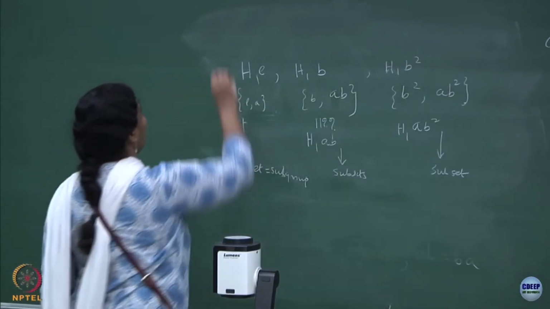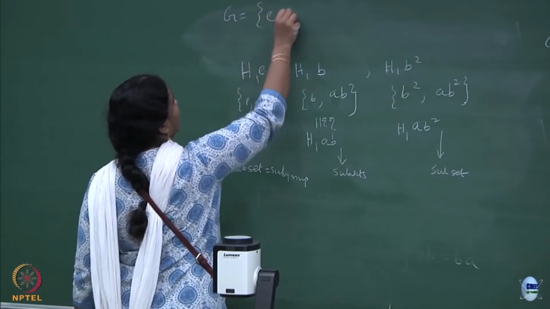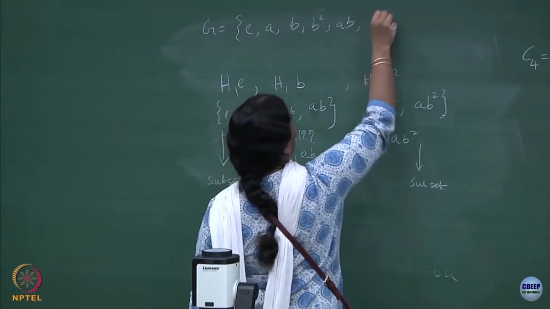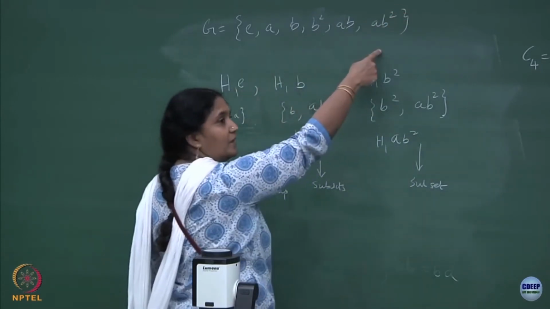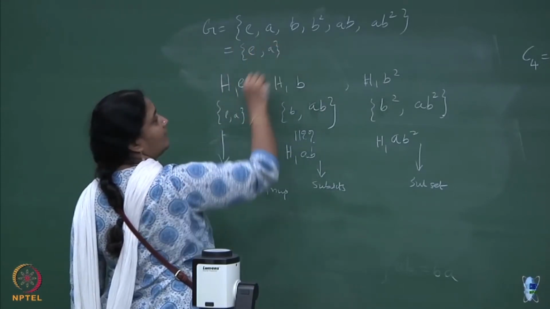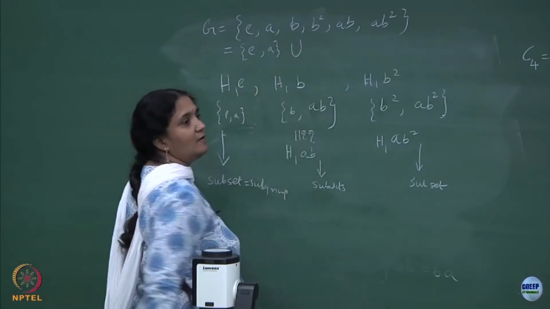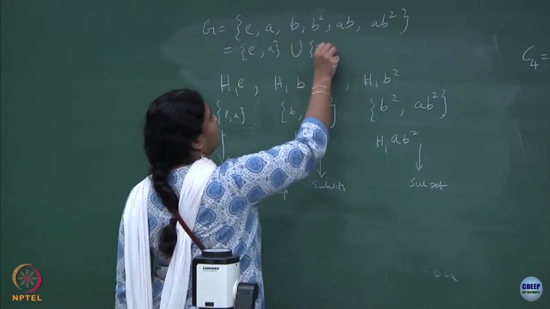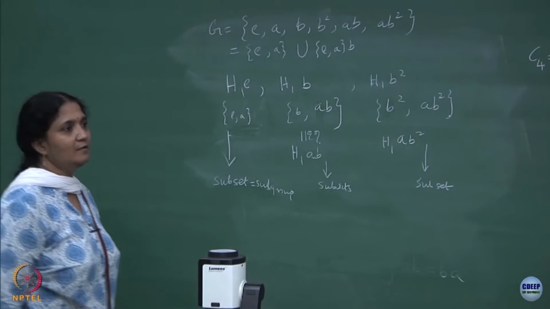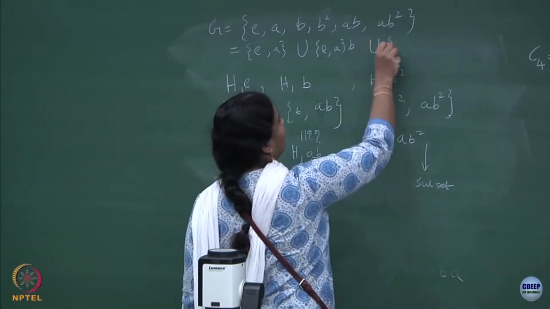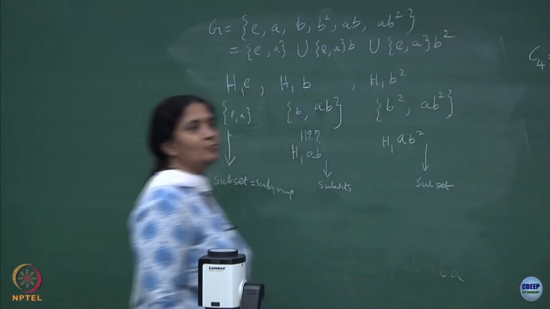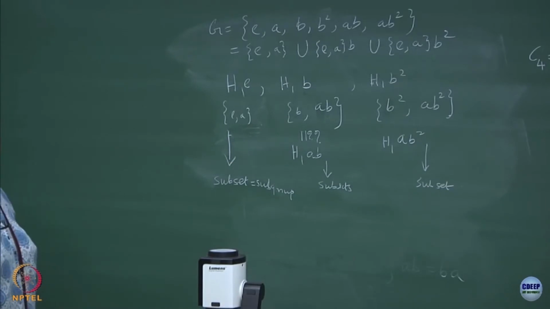So, the group which had 6 elements, I can break this up into {E, A} union {E, A} multiplied by one of the candidate element B, which is what I am calling, union {E, A} multiplied by another candidate B squared. Okay. So, this is another way of writing it,